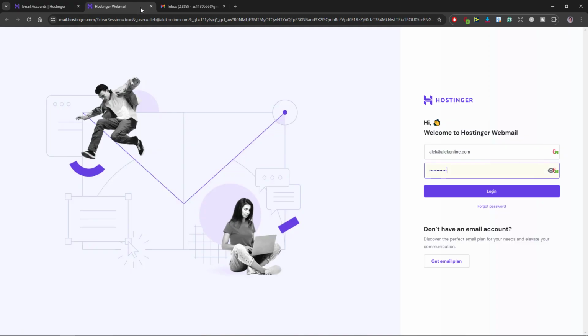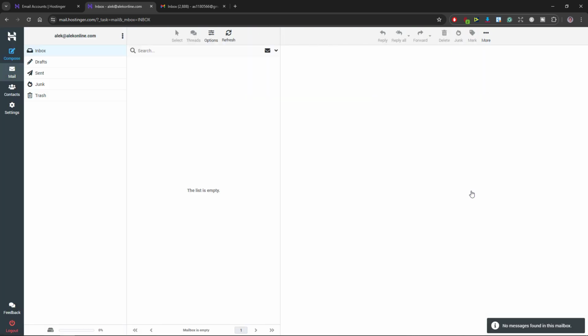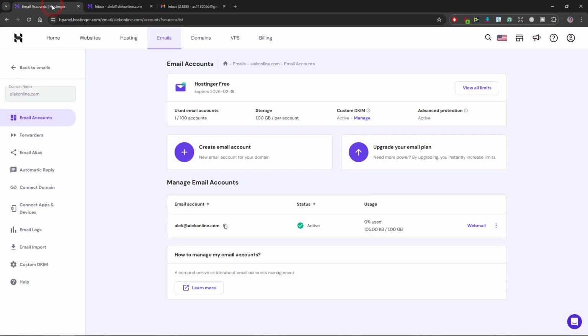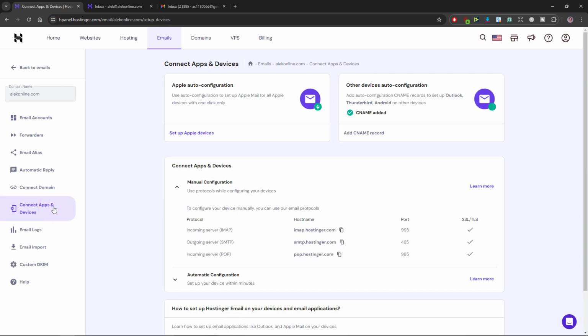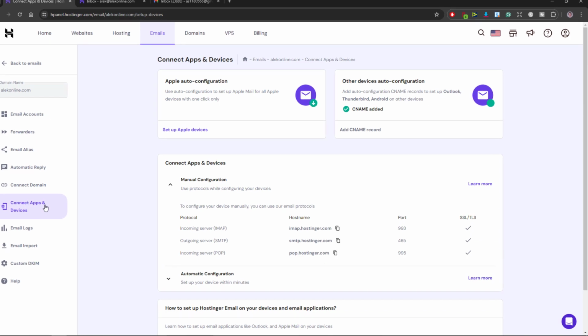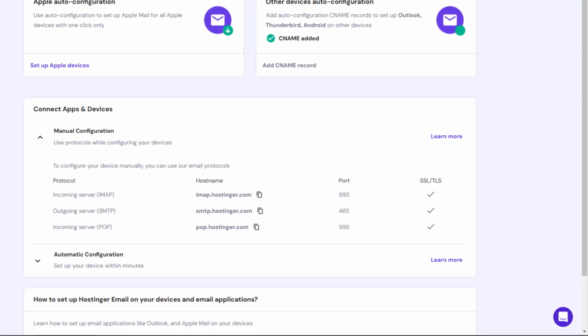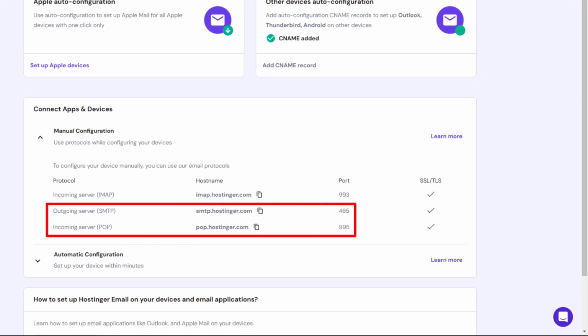Then I will enter the password of that email account and open my webmail inbox, as I will need it a little later when I receive the confirmation email during the setup process. I will return to my email account page and select Connect Apps and Devices from the left-hand column. When this page opens, you will see the incoming and outgoing server protocols with their corresponding links and port values